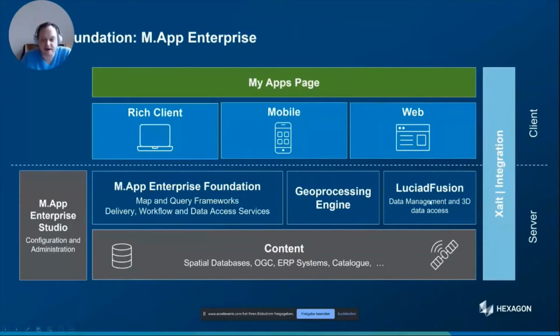And as we have also shown in this presentation, we can enlarge it with other technology coming from our Hexagon family, like the Xalt integration platform to talk to sensors. But of course, the same technology would be used by Leica Geosystems or Hexagon Geosystems to connect to their hardware devices.